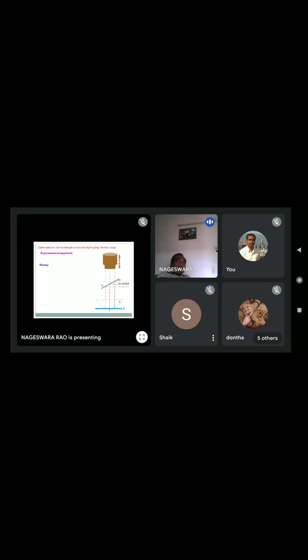Why are they rings? Because the air film thickness is constant along a circle of constant radius, so overall it has a circular shape, and we observe bright and dark rings in this area. This was discovered by Newton, and hence these rings are called Newton rings. This is the microscope with a micrometer, through which we can view the bright and dark rings. This is the experimental setup to determine the wavelength of light.